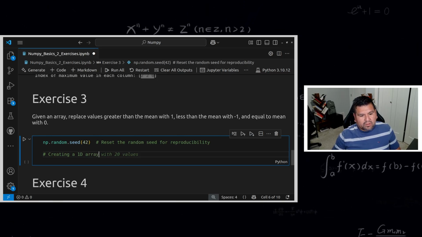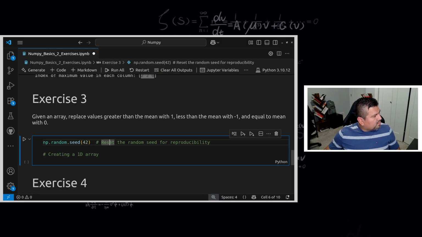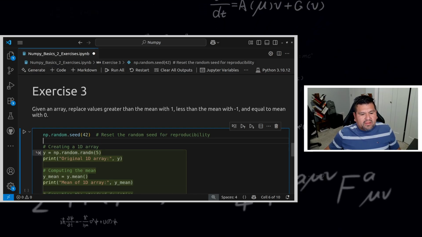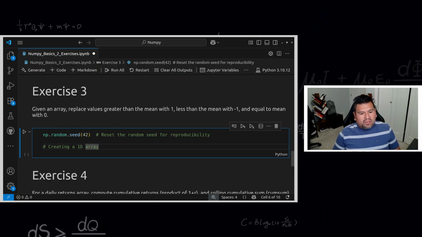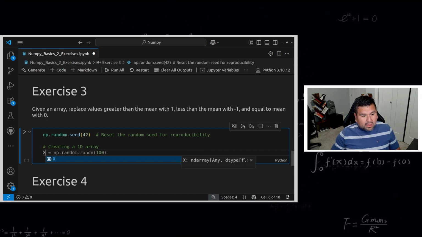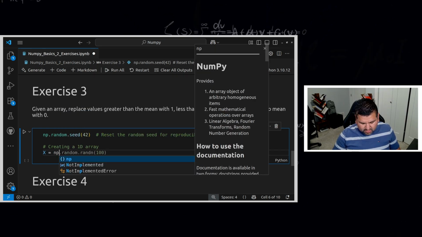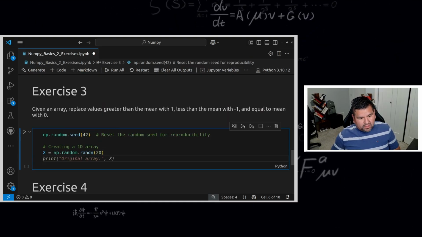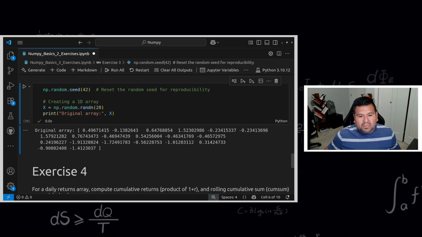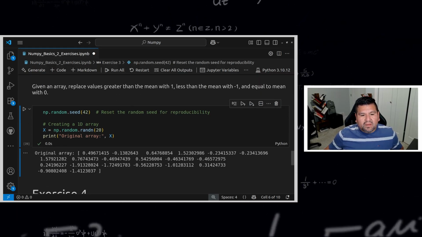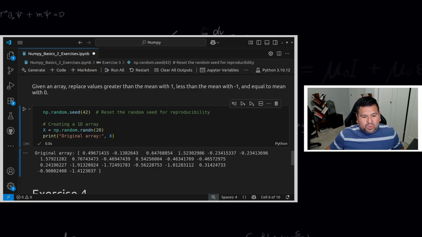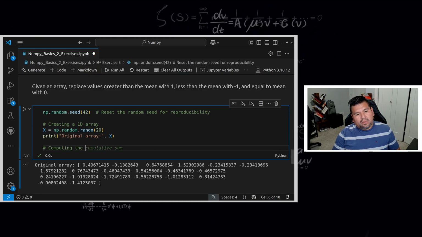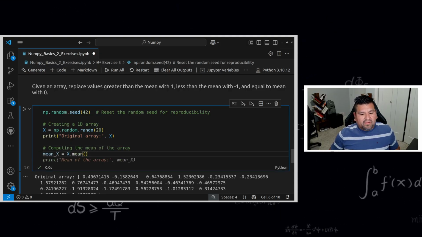Let's create it at random. So creating a 1D array: x equals np.random.rand, and let's create 20 of those. So that's the original array. First we're going to compute the average of those 20 values. So computing the mean. The mean of the array is